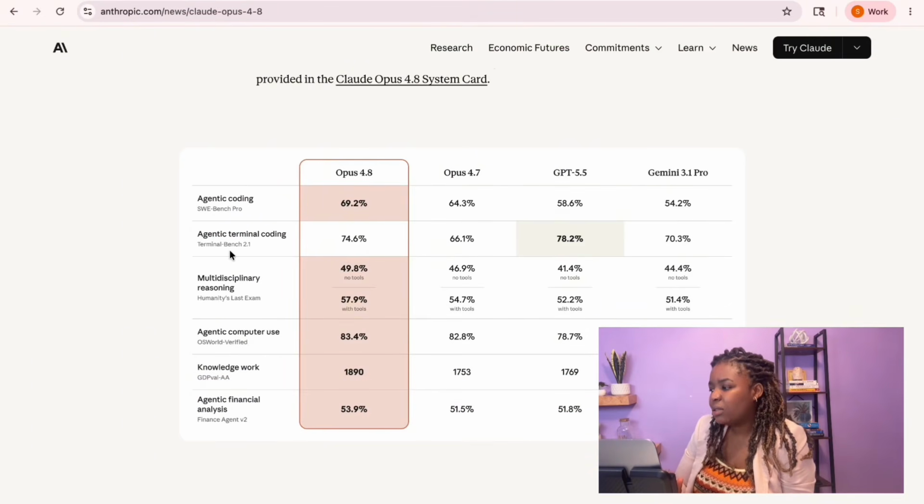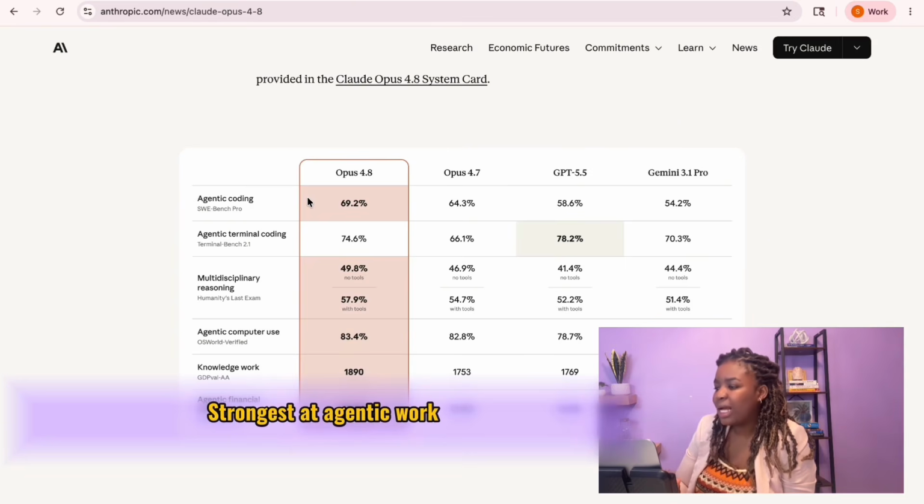Now, based on this benchmark table you see here, Claude Opus 4.8 seems to be the strongest when the task involves agentic work. So you can see here,